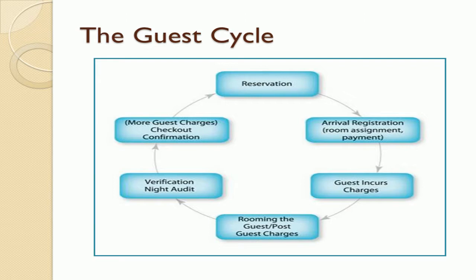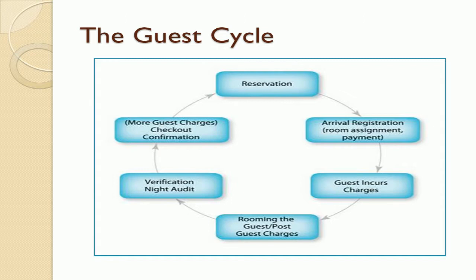The next one is the guest cycle. This is how guests come to the hotel, how they make contact with the hotel to make reservations, until they leave. As you see in the slides, in the beginning it is the reservation. The guest calls reservations and mentions, okay, my name is so and so, and I would like to stay in your hotel. If they are part of a group, such as a wedding or convention, they have to mention it because there may be a special arrangement for that.